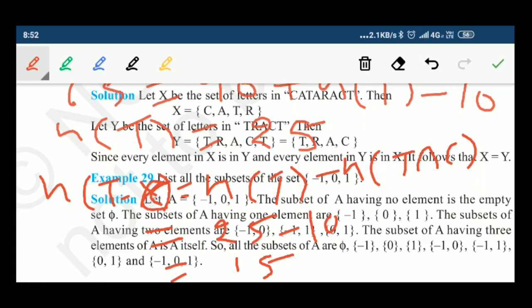Students, do the practice of the same questions again and again, and try yourself. The miscellaneous exercise is given on page number 26, and if you have any problem regarding this exercise, we will discuss it when school opens.